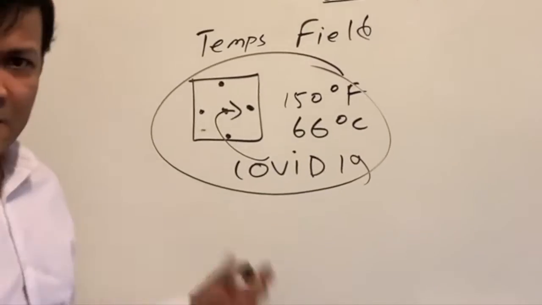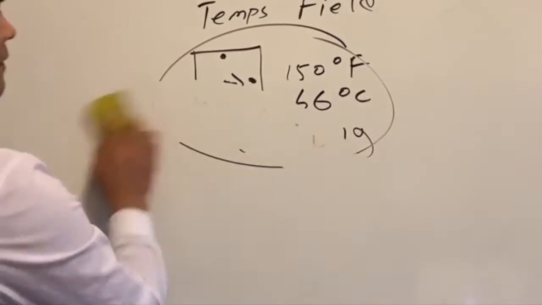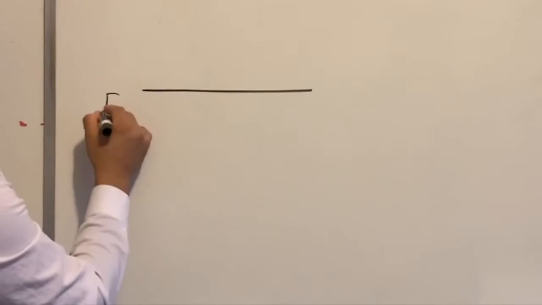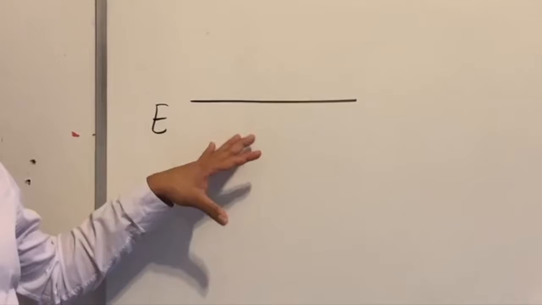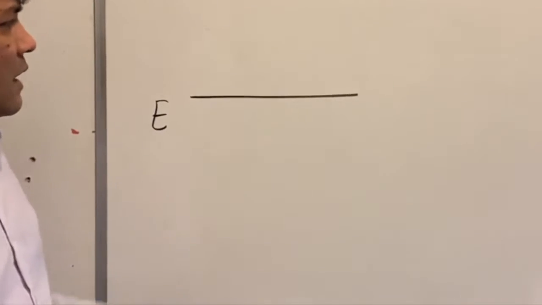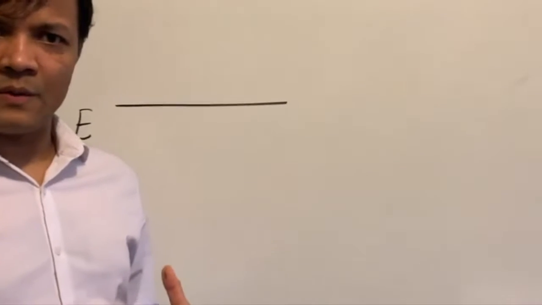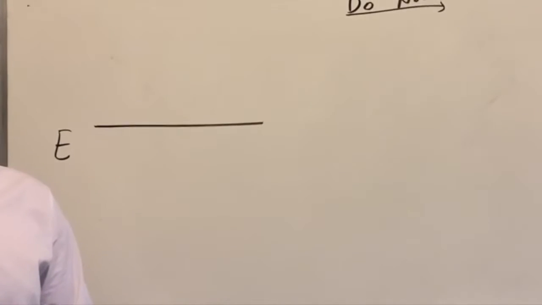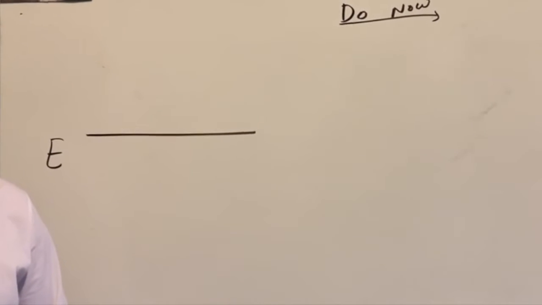Now, this is an analogy to understand the real field. Today we're going to again talk about the gravitational field and electric field. Okay, so now the planet approximation of Earth, we talked about it yesterday. So if this is the Earth, how can you measure the field and the direction of the force?